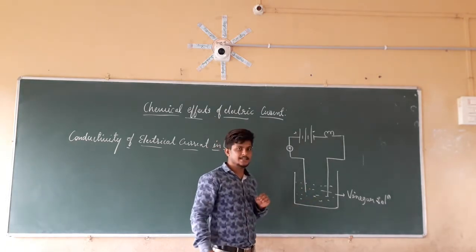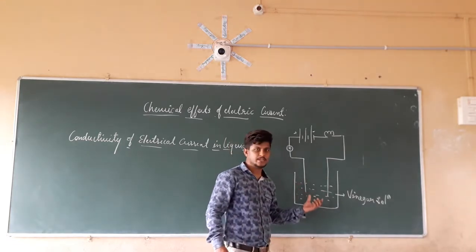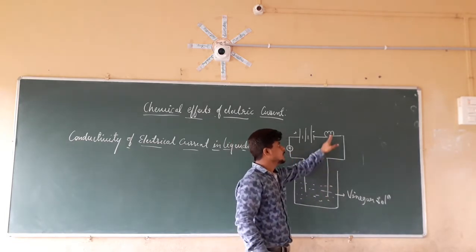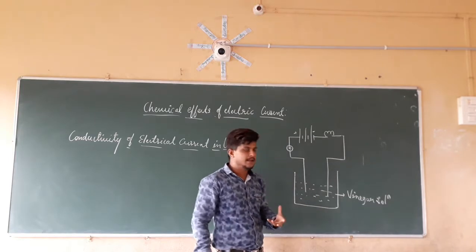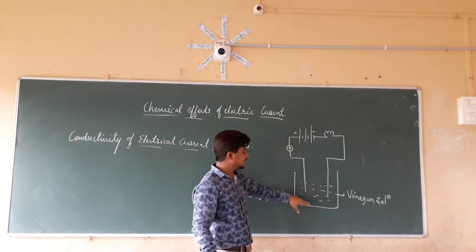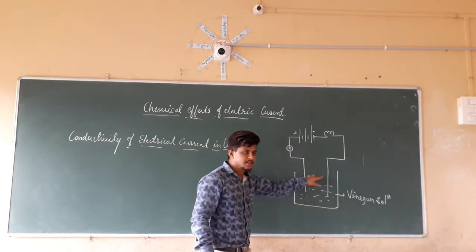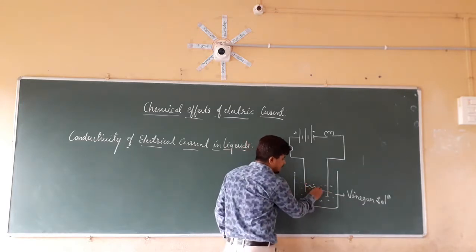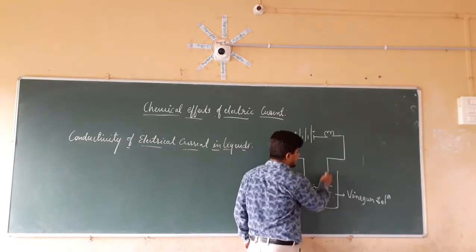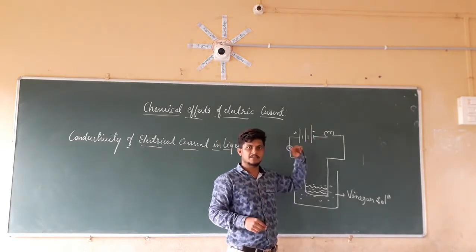If you closely check here, both the wires are not connected to each other. Are they connected? No, they are not. So how does the electricity pass from this wire to this wire so that the bulb is glowing? It is because both the wires are suspended in this liquid. The liquid in this container conducts the electricity from this point to that point. Because of that conduction, this wire carries the electricity, and because of that, the bulb is glowing.